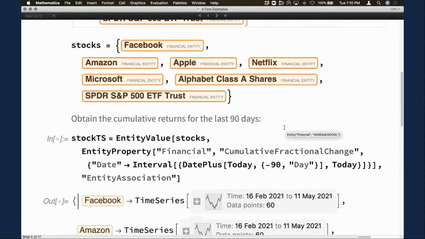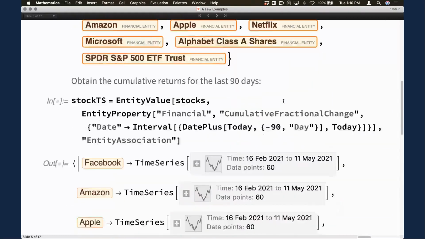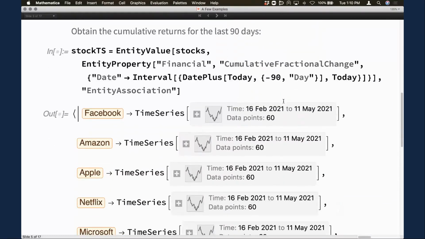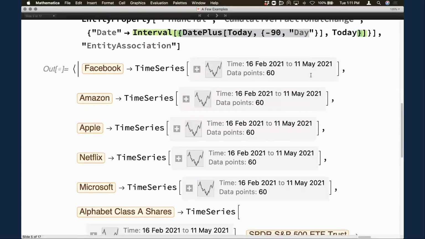Right now, you are seeing a collection of financial entities on your screen, which I've grouped together as a list of stocks. And once I have these, I can then obtain specific properties of these stocks. So I have chosen to get the cumulative fractional change to see the cumulative returns over the last 90 days. And then I've specified the date range here, and I get back time series of the values for these 90